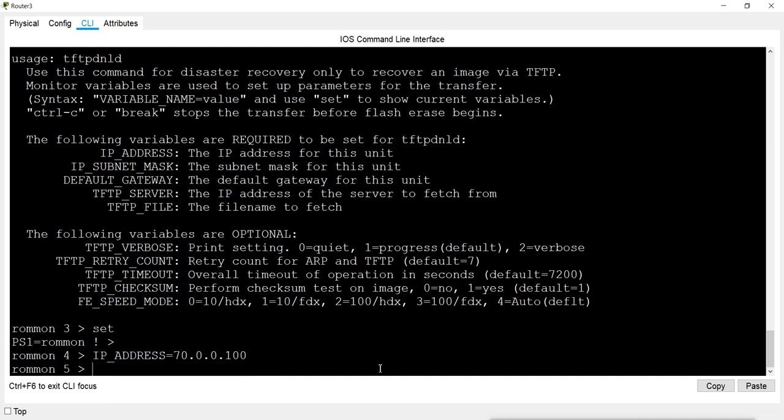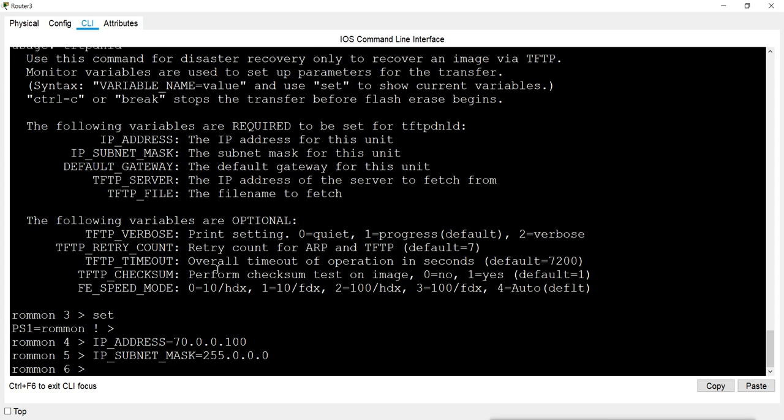Then the next variable is to set the IP subnet mask, as it is asking. Subnet mask is equal to, because it is class A, this is the subnet mask. Then we have to set the default gateway.